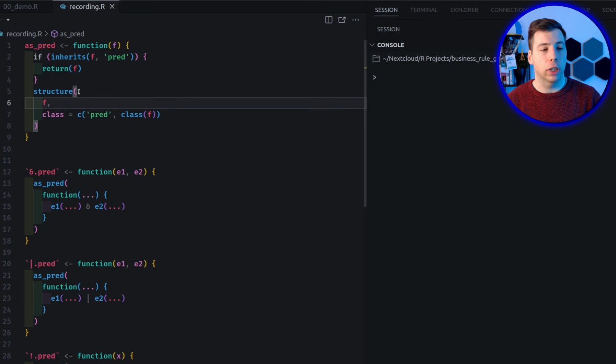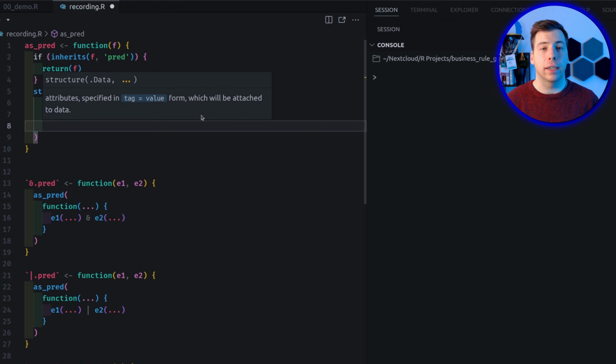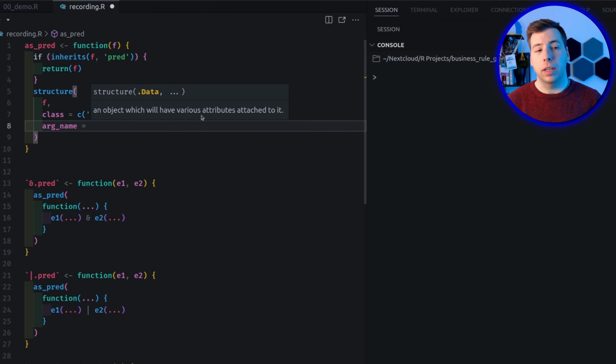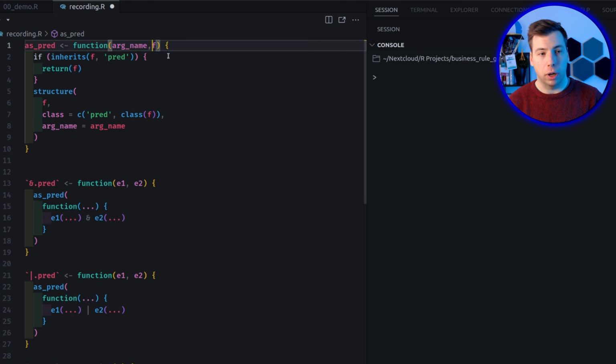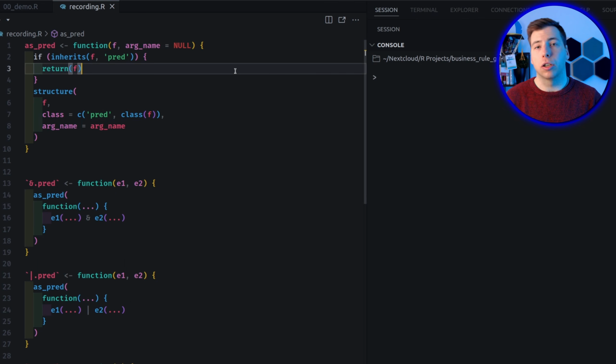And now that we have that, what I also want is to specify an argument name attribute. So what I can do here inside of my structure is to specify next to the class something that I call argname. And here I want to make this dependent on a variable. Let's call it argname. And this variable is used as part of our as_predicate function. Actually, let's make this the other way around. Let's say the argument name is by default null, and let's make it the second argument here. And now that we have this function, what I want to do is to create a helper function that can really easily